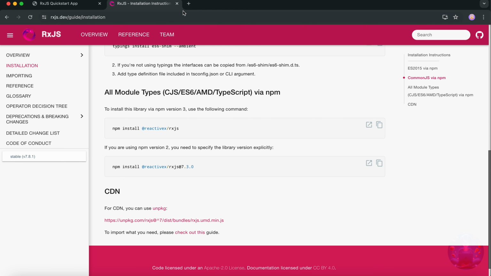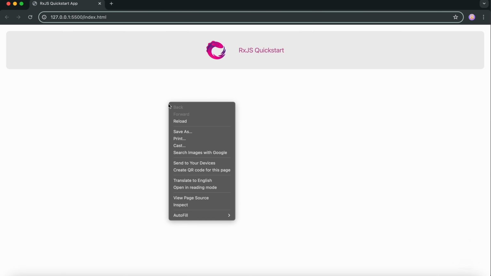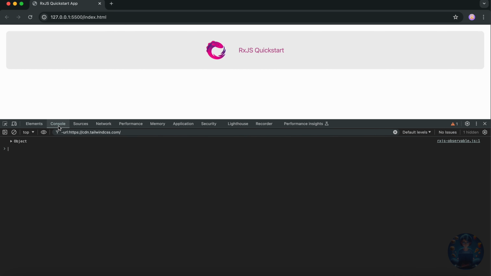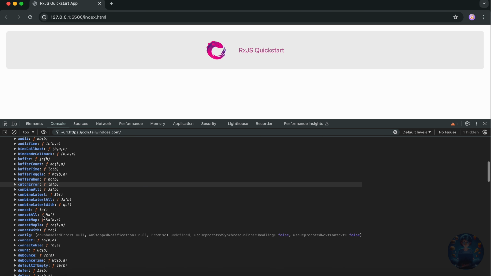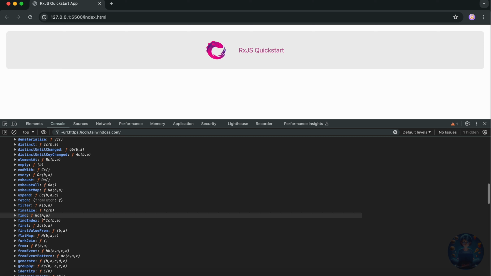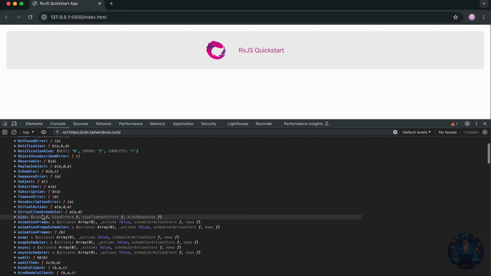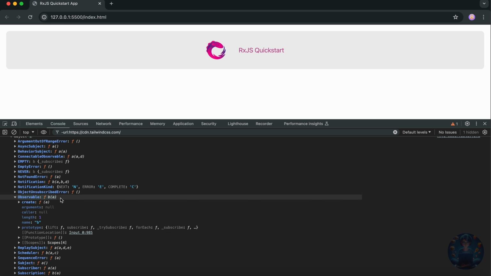No longer require it. So I'll just close this tab. And in here, let's open the developer tools. Go to the console tab. You can see there's an object here. This says that RxJS library was successfully imported in our application. And what we are looking for to create an observable is the observable constructor, this one. We'll be using this to create our observable. So let's head to Visual Studio and start writing it.